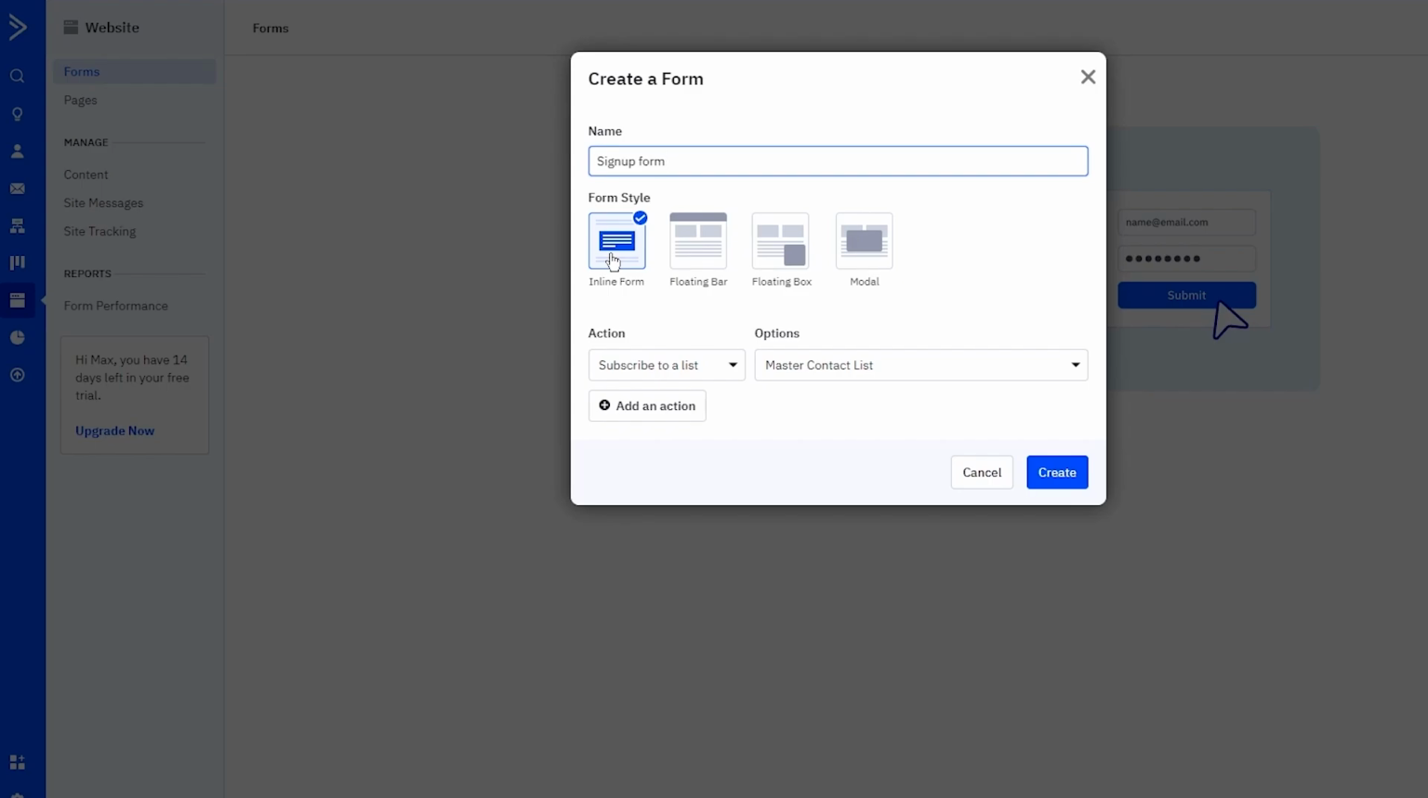Floating bar is basically if it just pops up. Then there's floating box, which also pops up. Floating bar is mainly for your headers. Floating box pops up at the bottom right of your screen. And modal is your general pop-up, like someone's just using the website and it just pops up in front of you that, hey, subscribe to this